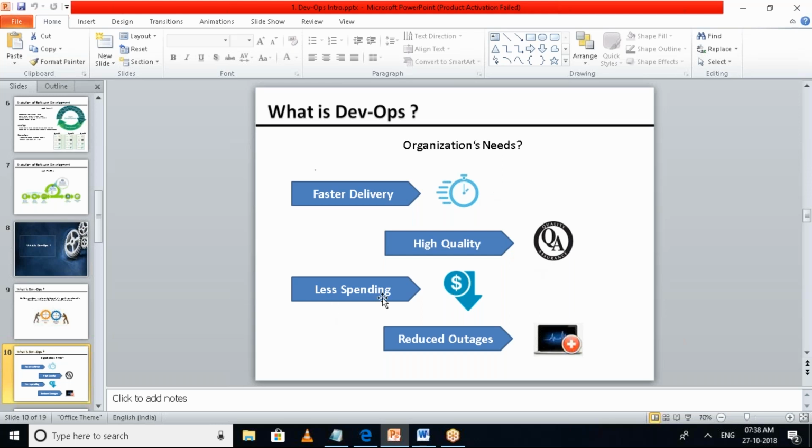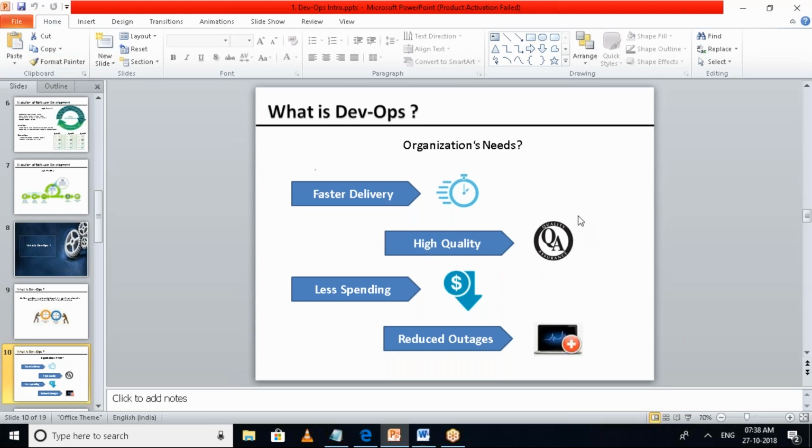And the third thing is, if there is a faster delivery and quality, but the organization is spending too much money and not getting as much revenue out of that particular product, it doesn't make any sense, because you are spending on a product and it is not giving you as much revenue as you spend on the product development, isn't it?